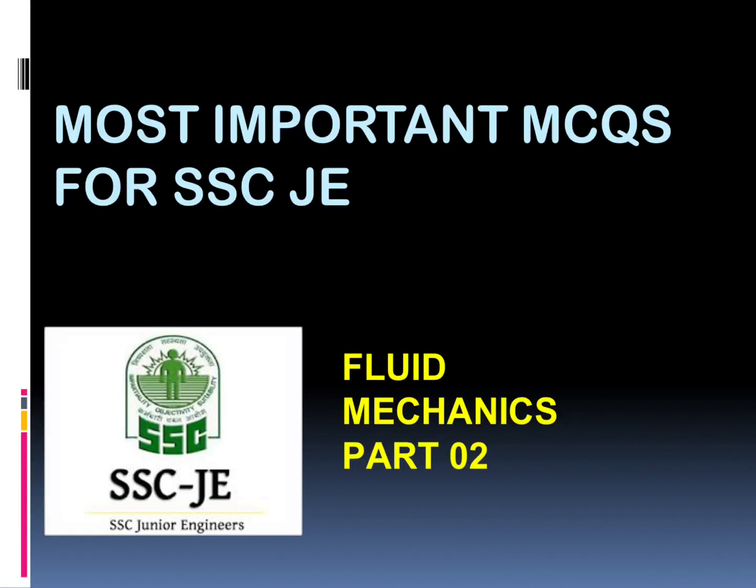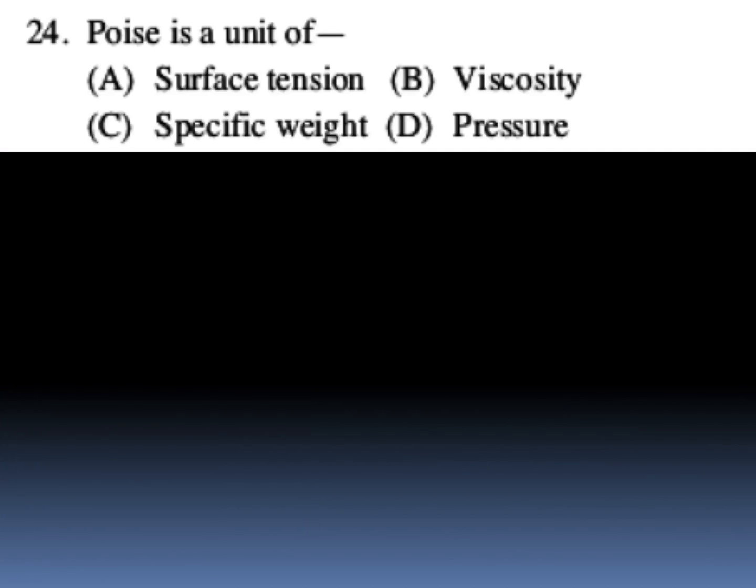In this video, I will cover fluid mechanics, most important MCQs for SSC. This is part 2. Question is, Poise is a unit of dynamic viscosity, mu. This is the CGS unit. CGS unit is Poise, and SI unit is